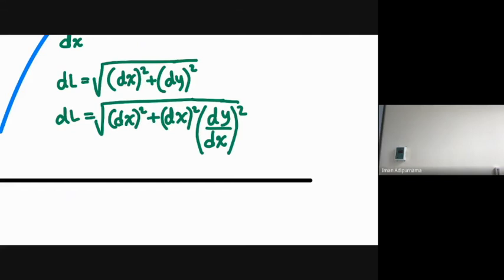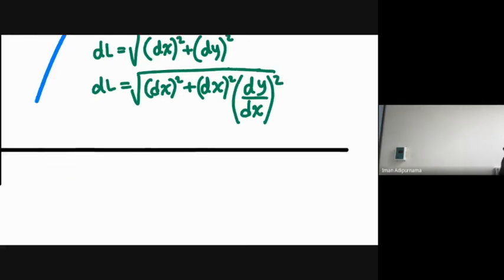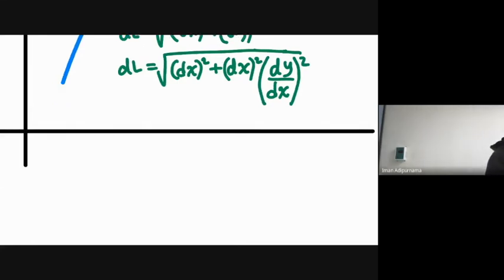I will write dx squared and then dy over dx, squared. I will factor out this dx, taking it outside of the square root. So dl will be dx times the square root of 1 plus